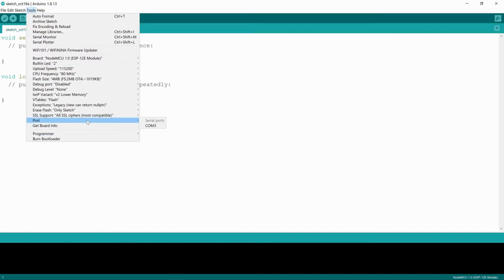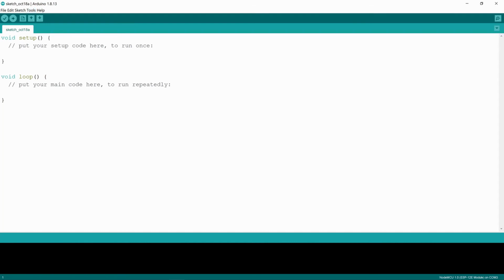Now you have to see on which COM port your board is attached. We already saw in the Device Manager, for us it is COM3, so we'll select this one. Now our board is ready to be programmed.